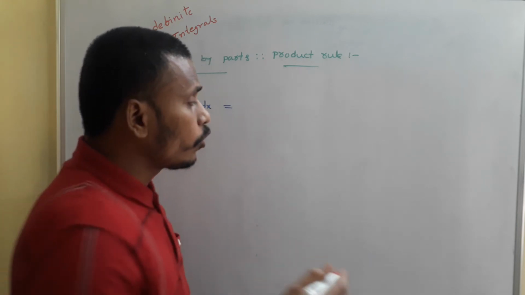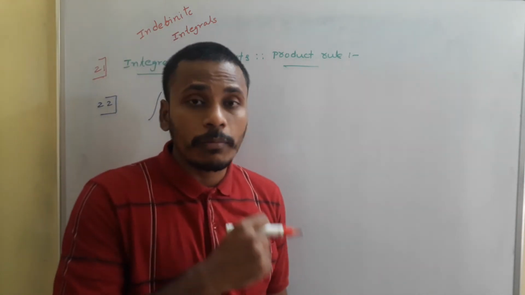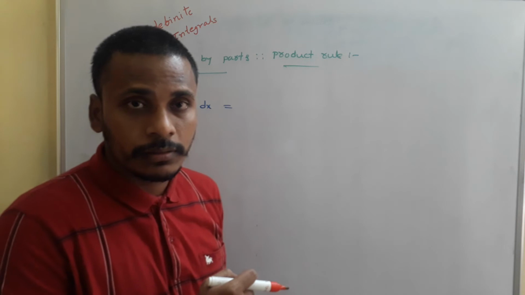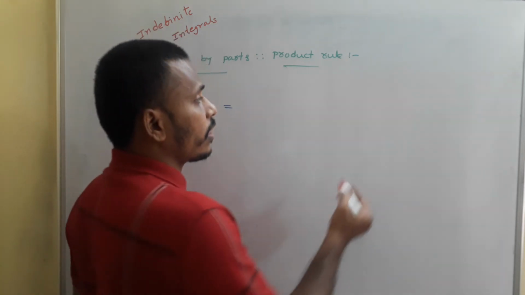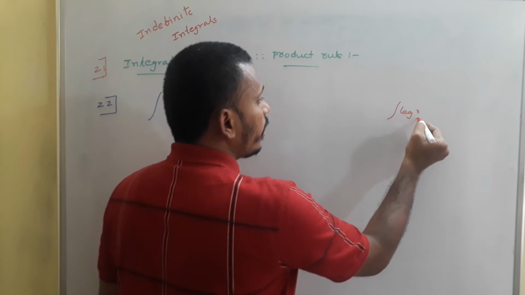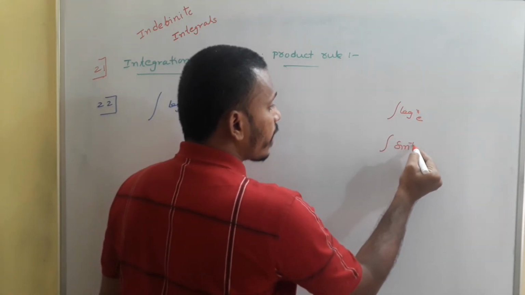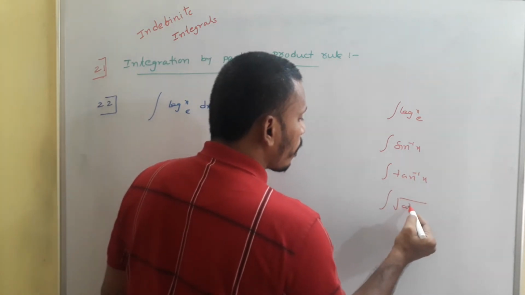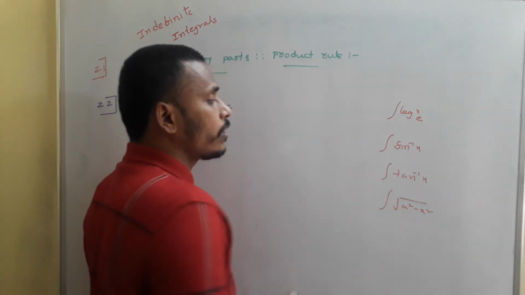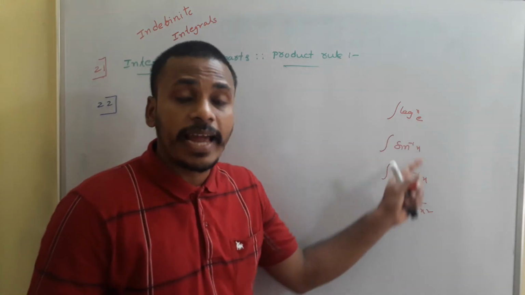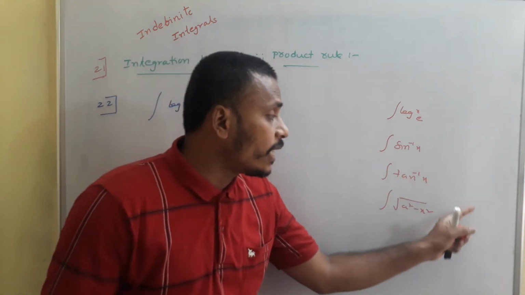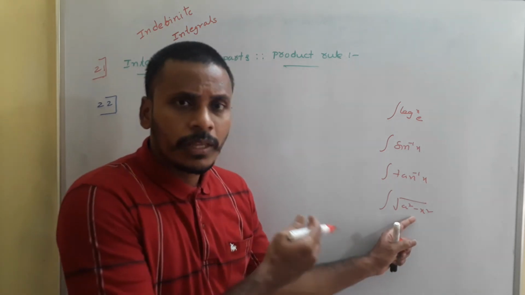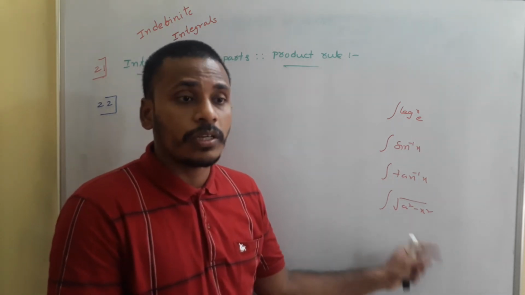And another thing, you know the derivative of sine inverse x is 1 by root of 1 minus x square, and the integral of 1 by root of 1 minus x square is sine inverse x. Is it clear? But what is the integration of sine inverse x? We don't have formulas for the integral of log x base e, the integral of sine inverse x, the integral of tan inverse x, as well as the integral of root of a square minus x square. All these functions are somewhat standard, and now I am going to find integral values for these functions using integration by parts. Already we found it using the substitution method, but again I am going to derive this using integration by parts.